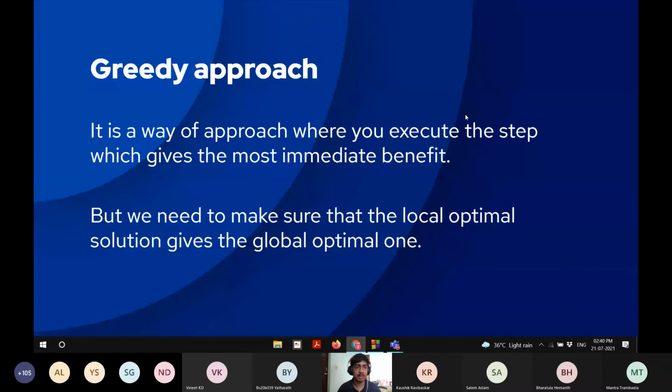So today I'll be talking about a specific approach called the greedy approach. It's a way of approach where you execute the step which gives the most immediate benefit. So at each part of the code, you should execute the step which at that moment gives you the most benefit. But this approach need not always be optimal. There are cases where these approaches fail as well. So I'll show you